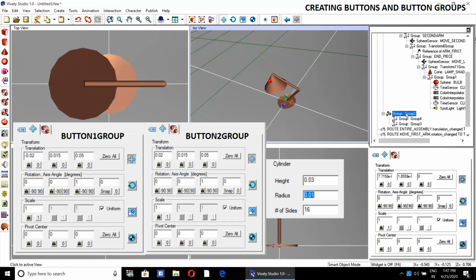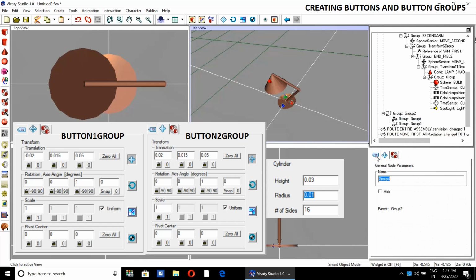The first group will be called button group 1, the second group will be called button group 2. This will be our button group 1. This will be button group 2, or button 2 group, whatever it may be.